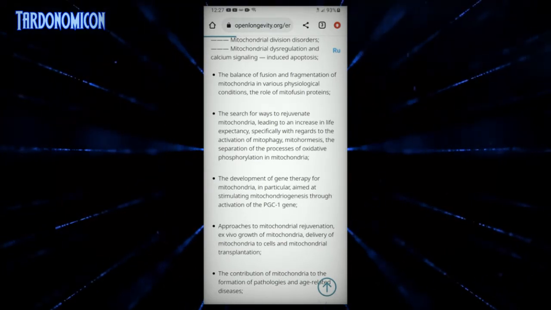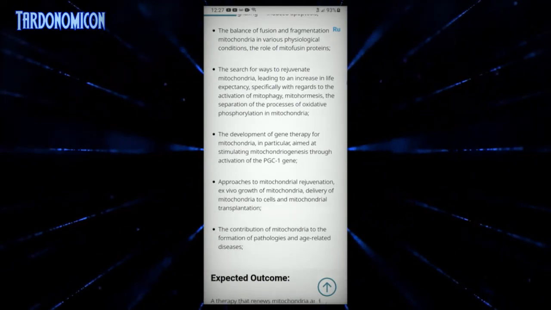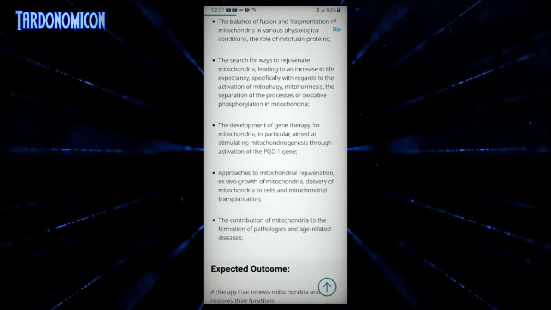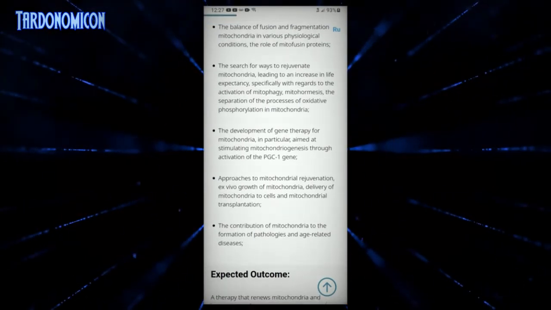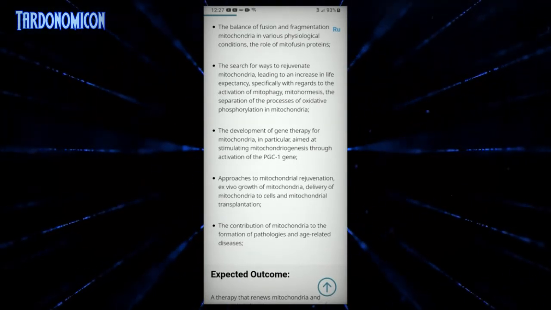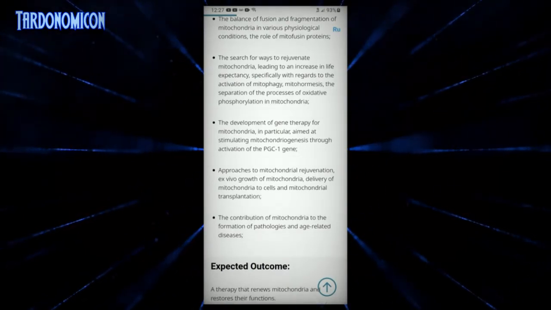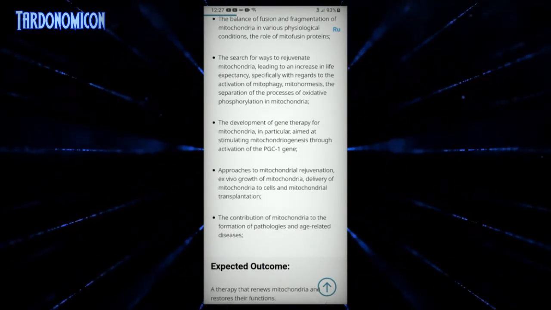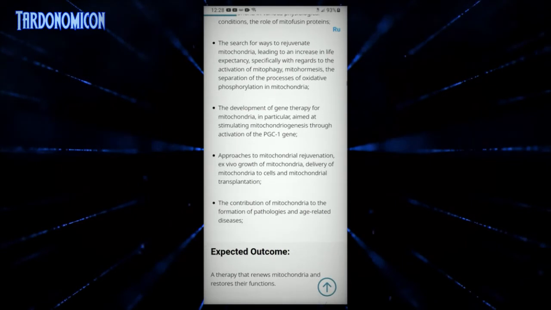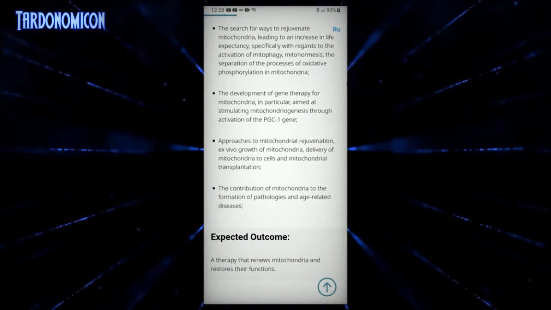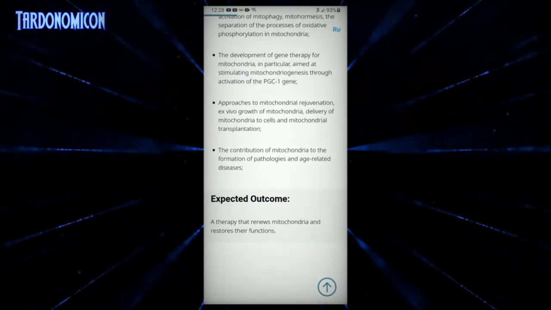The search for ways to rejuvenate mitochondria, leading to an increase in life expectancy, specifically with regards to the activation of mitophagy, mitohormesis. So mitophagy would be the eating of the mitochondria, and mitohormesis would be using the stress adaptation. How can we stress the mitochondria so that it can adapt? The separation of the process of oxidative phosphorylation in mitochondria, the development of gene therapy for mitochondria, in particular aimed at stimulating